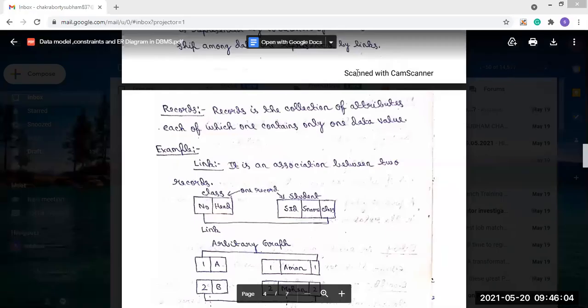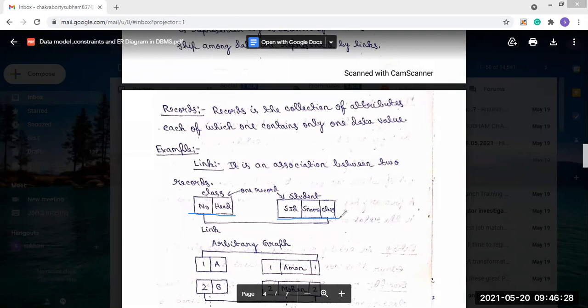Till now, what records are present? We can say class is a record, because a record is a collection of attributes, and class contains these two attributes, number and head. And student is another record, which contains student ID, student name and class.